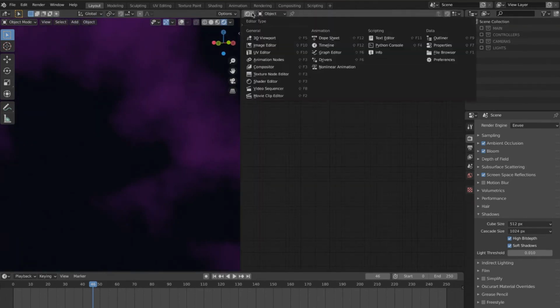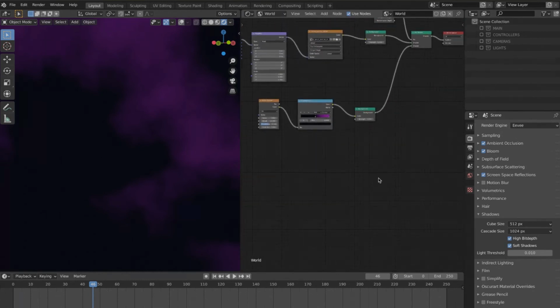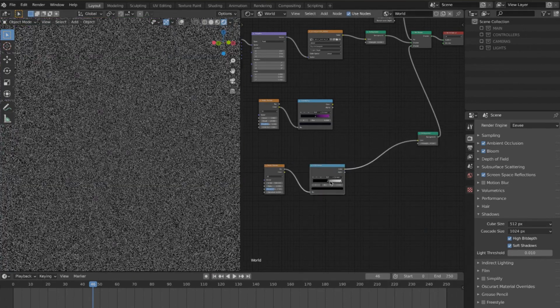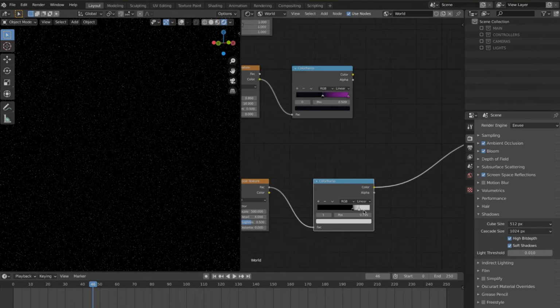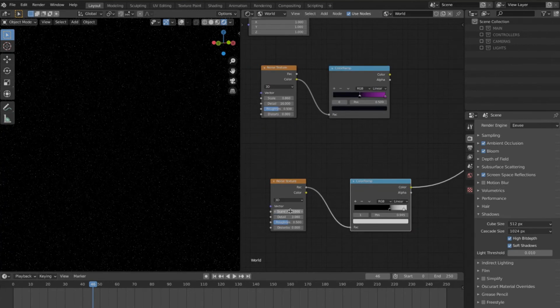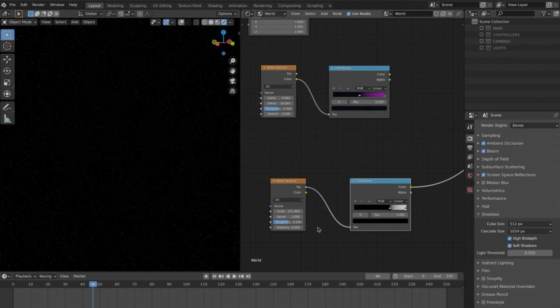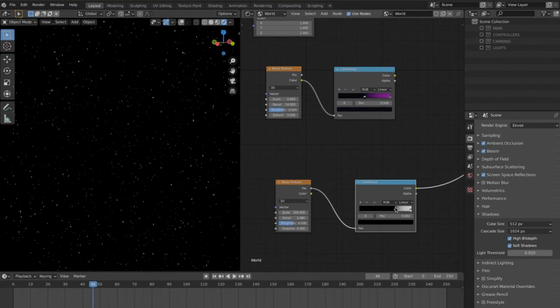The other thing that I wanted to do was add some stars. Same technique but with white, and you need to pull the color ramp a lot. Again, the scale should be around 100, and then you can connect the two nodes with a mix color node.